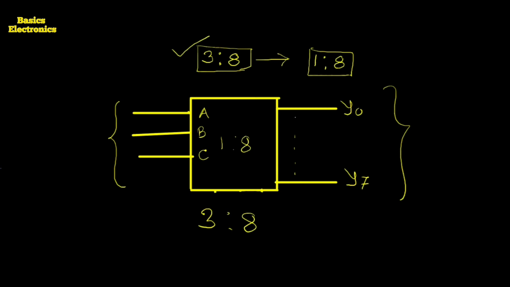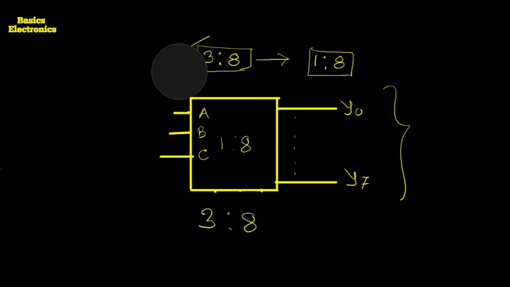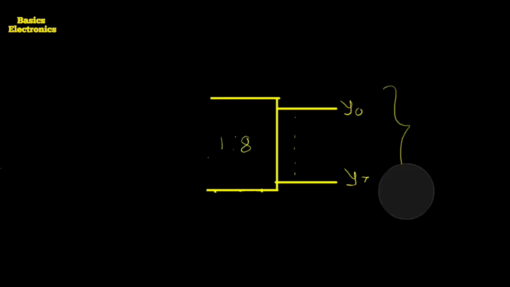The 3:8 decoder can be used for the implementation of various logical equations that we will see in this example. But before we see the example, here we write down the steps. What are the steps which we have to follow for solving the example? If we remember, we had seen the implementation of logical equations by using the multiplexer. Here similar steps we have to follow, but one change is there.